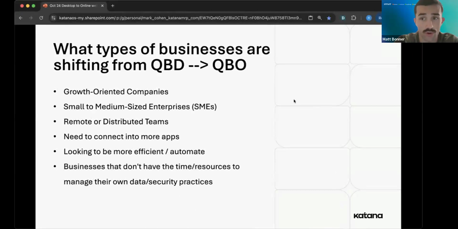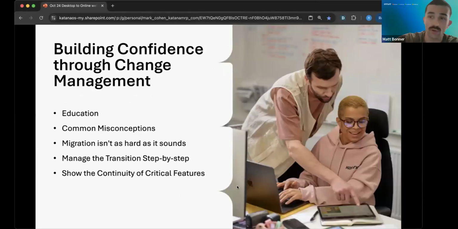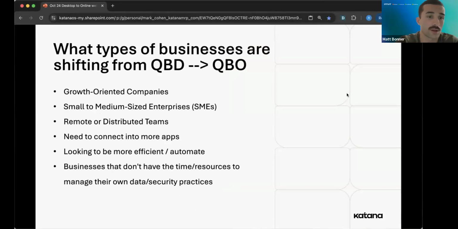The biggest one would be remote or distributed teams. So people who are not all in the same place. Like we talked about earlier with the desktop, you're limited on how that works. It's a lot of extra effort to set up. It costs money to run a server, costs money to have people remoting in. There's the pain of having to kick people out to do certain things. And then people who need to connect into more apps, kind of like we talked about a